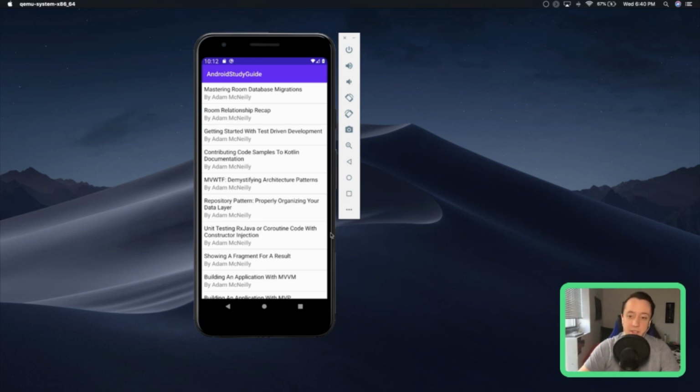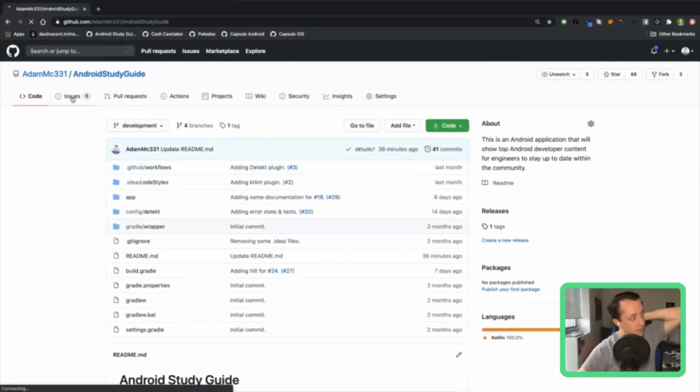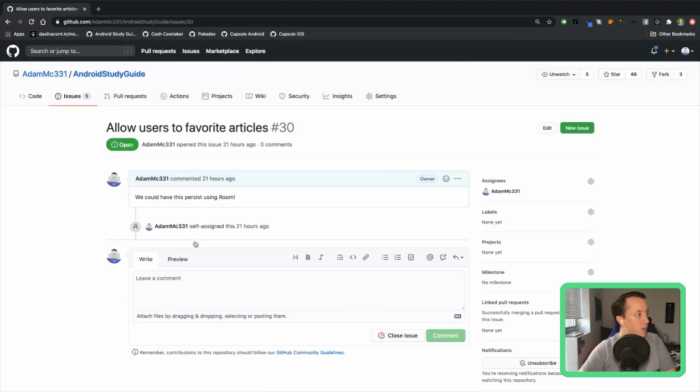So that's the quick recap to get everyone up to speed. What we're going to work on tonight is an idea I got from a couple of people on Twitter, which was to allow users to favorite articles, or bookmark articles. Maybe the word bookmark is a little better here. We want to keep track of things we want to read in the future. I'm not sure if we'll take this feature through to completion today. I usually only stream for about an hour and a half on Wednesdays, so we'll see how far we can get. Maybe we won't get to persisting them with Room.